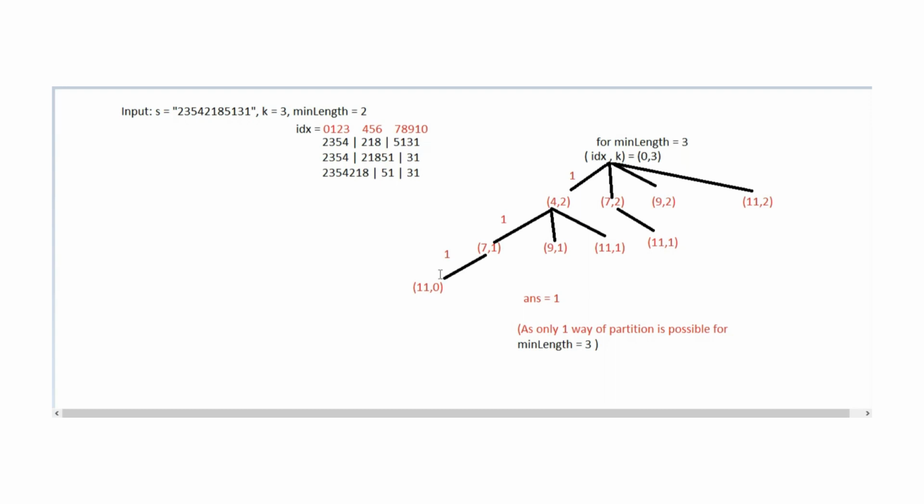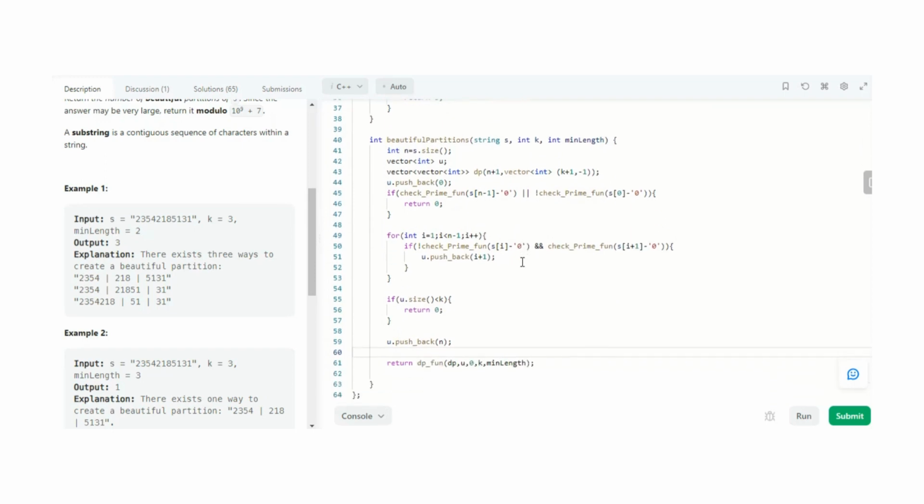So let's discuss the code and analyze how it will be written in a stepwise manner, and how to check whether a partition is valid or invalid. Here, I have first taken the u vector and the dp vector. I have filled the dp vector with -1. It is of size n plus 1 cross k plus 1 matrix. And we have taken the vector u for storing the indices from where we are making the partitions.